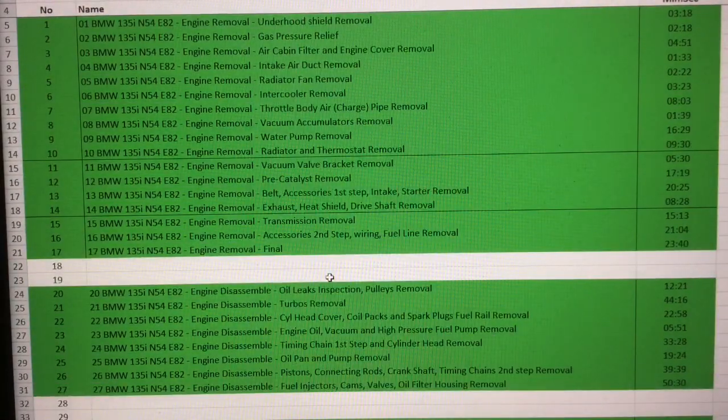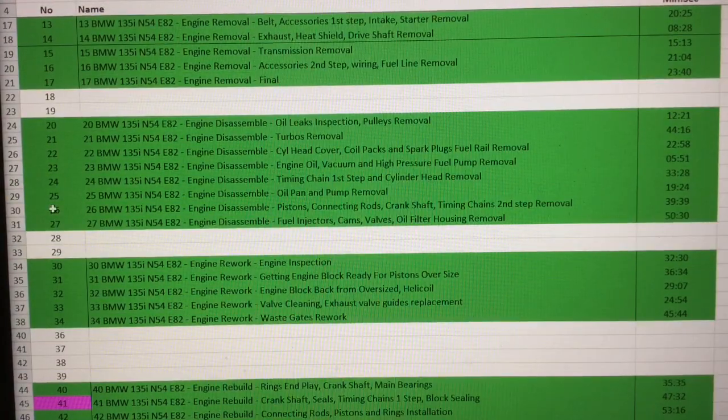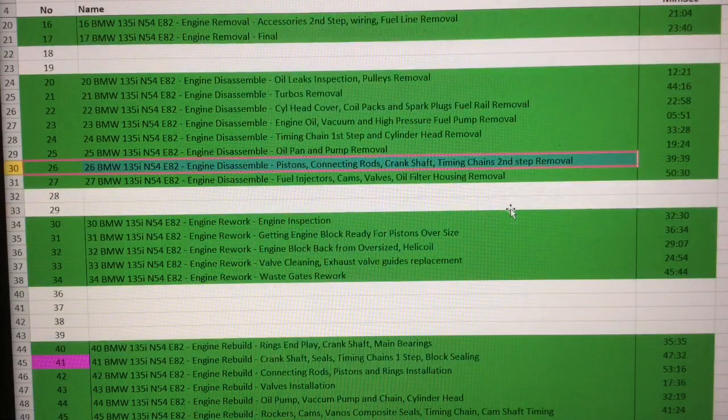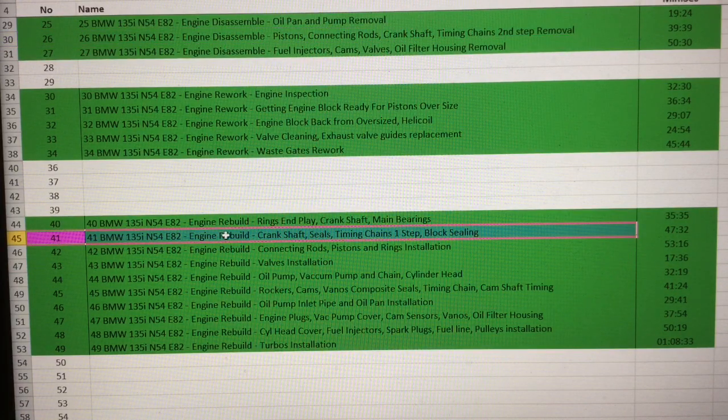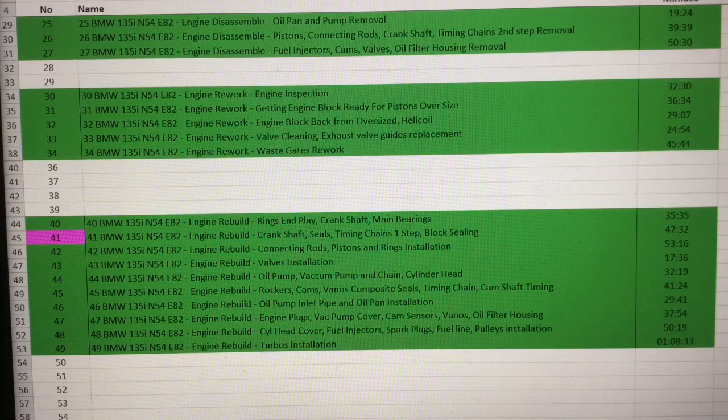Other than that, for video number 26, which is the timing chain removal, let me find out where I installed that. That would be around here, video number 41. This is when I installed the timing chain for the oil pump and stuff, and you got the finalization of that with the vacuum pump sprocket and all. So for video number 41, okay,